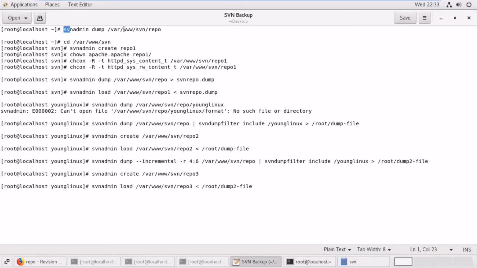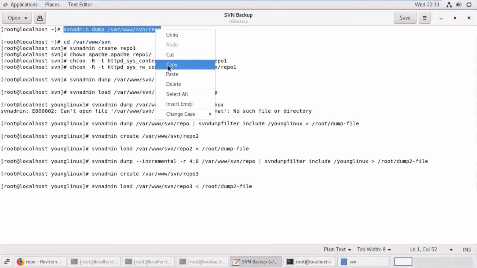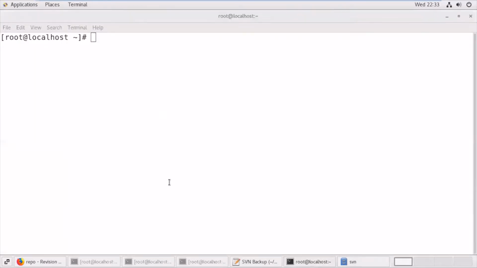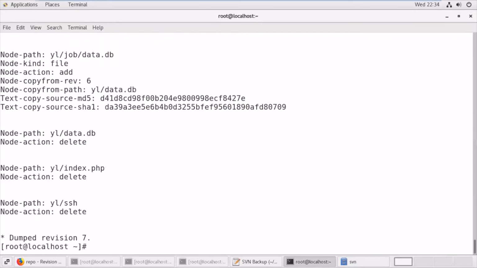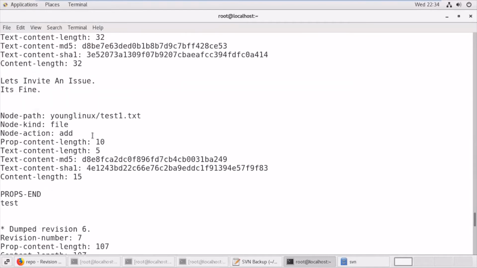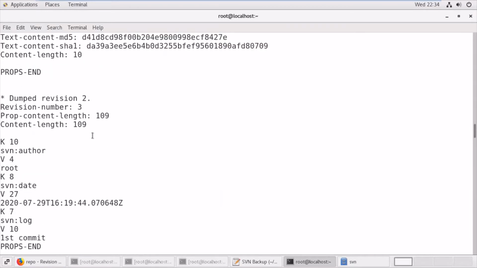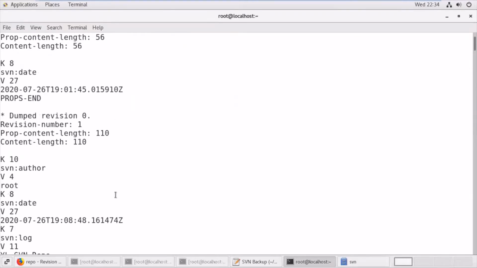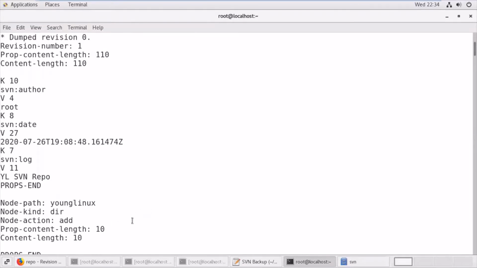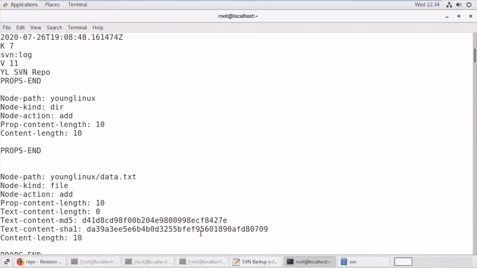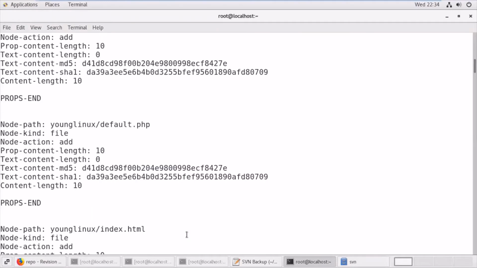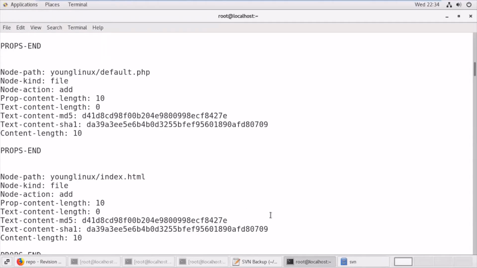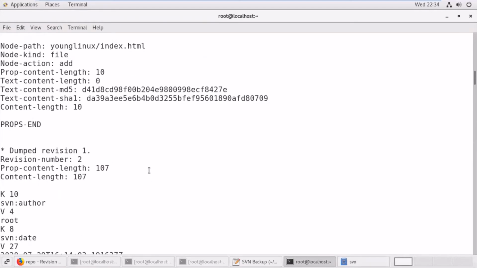So first of all, let's learn that the backup command for SVN is svnadmin dump. When I give the command svnadmin dump with the repository name /www/svn/repo, it shows all the versions, version 1, version 2, like this.